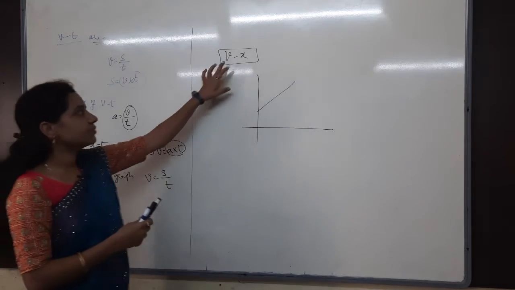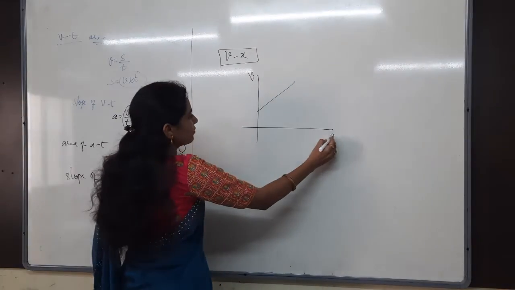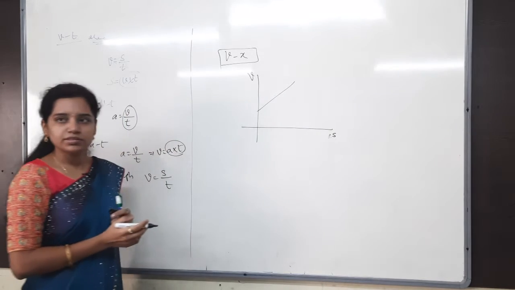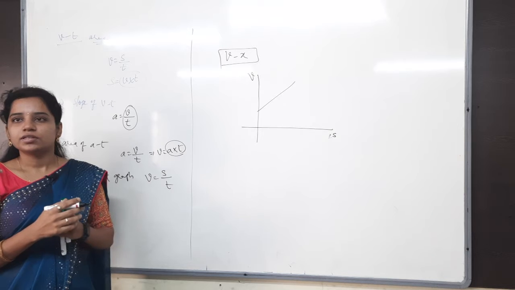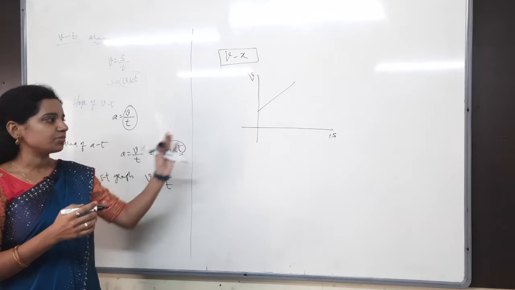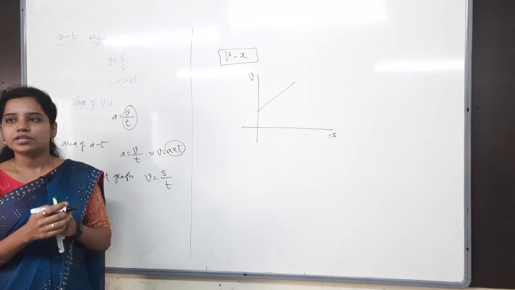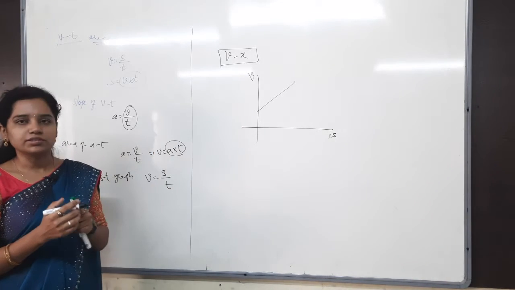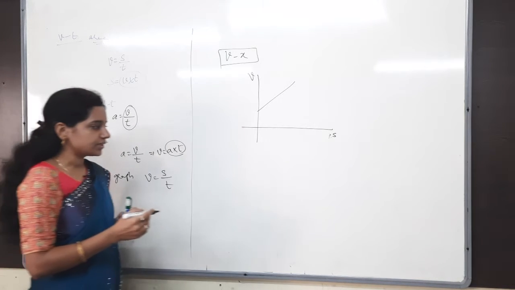So the Vs graph. If they have given a Vs graph, what to do? Otherwise, a Vs graph is given. Then what to do with that? Slope. I am not going into work that much. I am just discussing the basic variables only. What can we do with V and S?